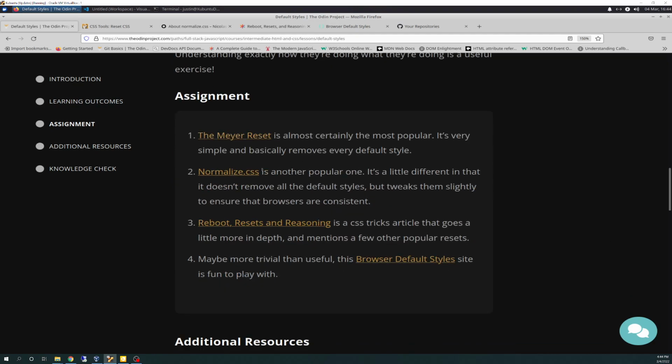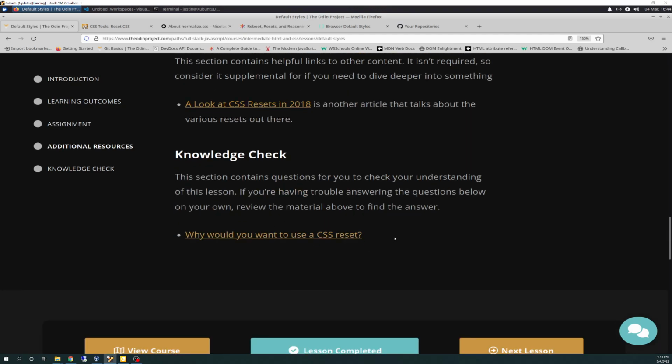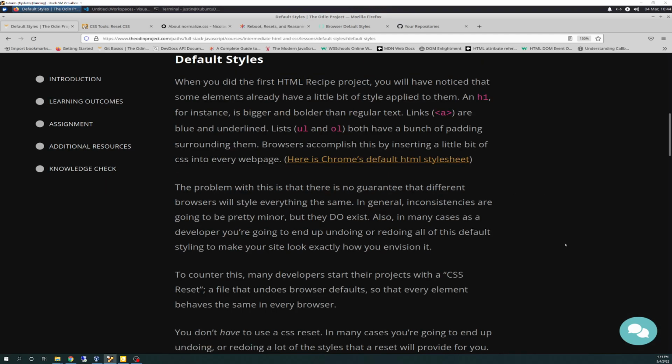There's a couple really good articles here, and we'll go over them. Let's start off trying this knowledge check. I feel like that flows a little bit better. So the knowledge check says, why would you want to use a CSS reset? And the answer to that is kind of in this paragraph, but basically, in a nutshell,